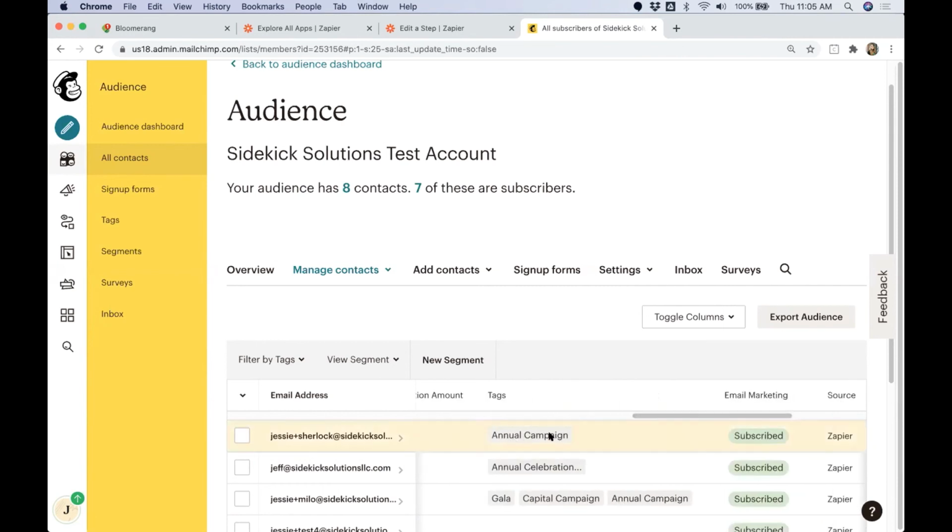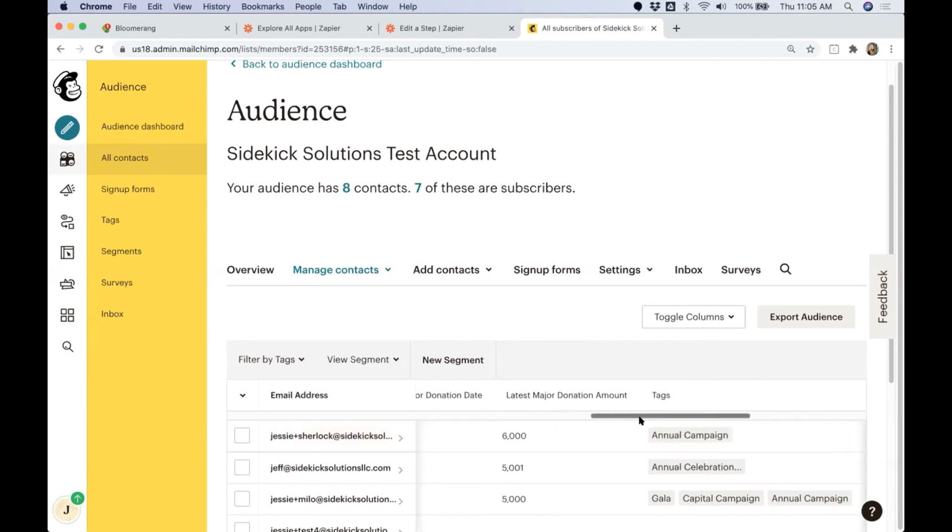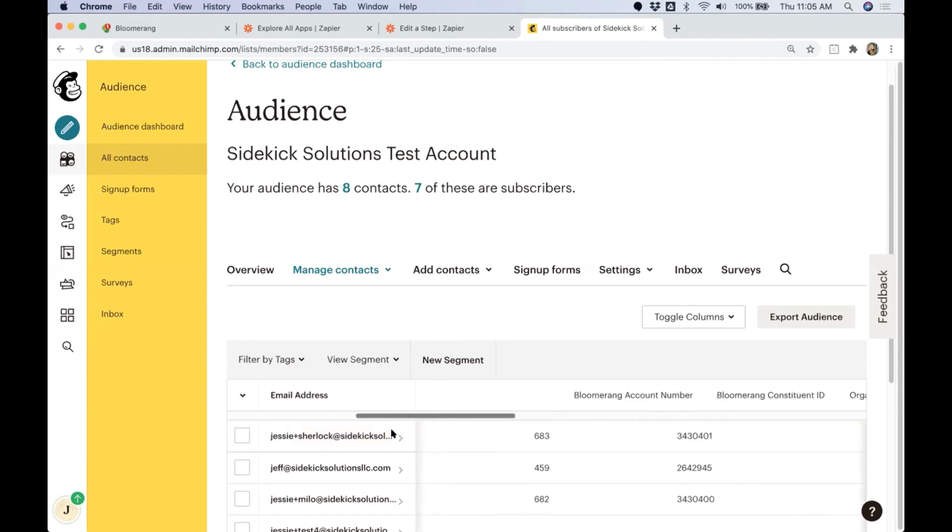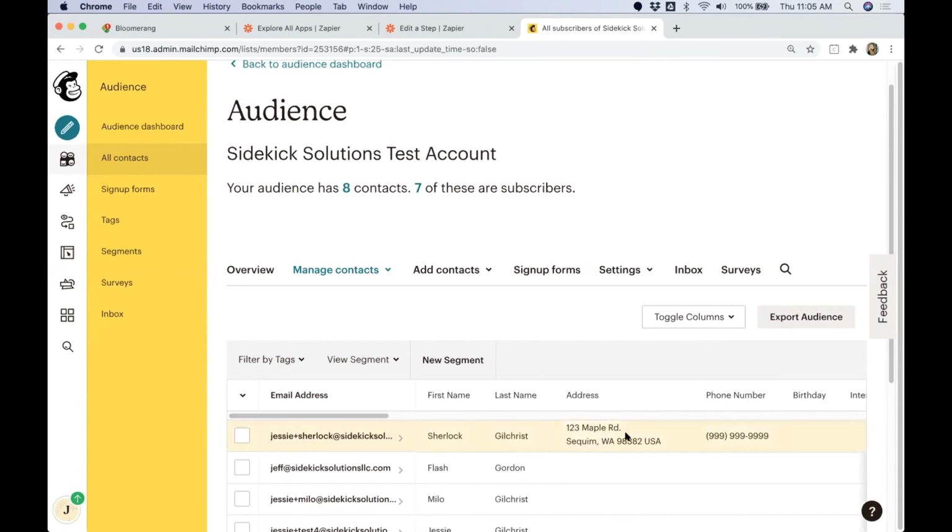And then we have our tag here for the annual campaign, which is the campaign that was on that donation. That's the corresponding tag that should have been assigned. So you can see how easily it just updated that subscriber record with that most recent information. So adding tags and updating merge fields in Mailchimp is one of the easiest ways to create segments for targeted